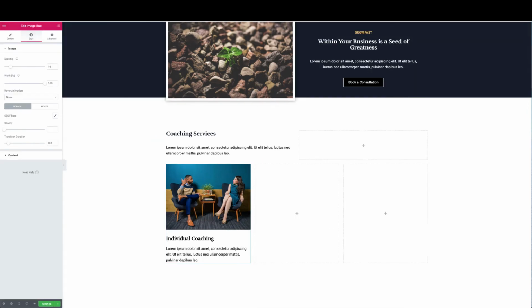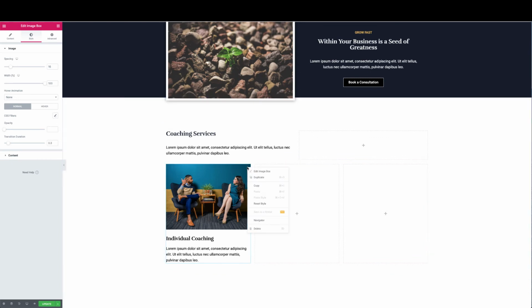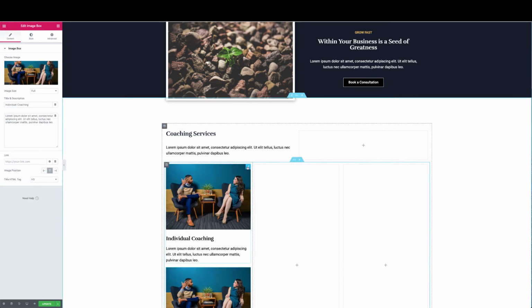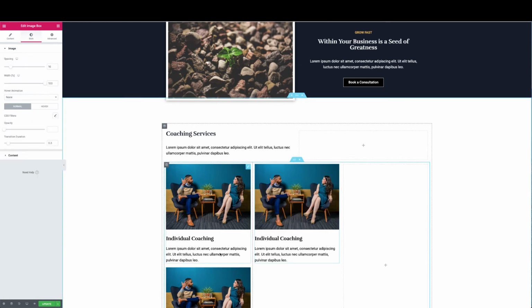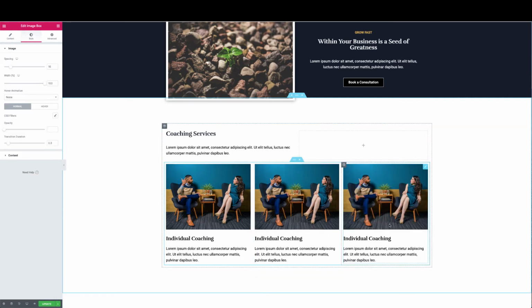But I don't want to do this 2 more times. I want to speed up my process here. So what I'm going to do is right click on the icon here and select duplicate. It's going to create a second one for me. I'm going to do it 1 more time, duplicate, and then I'm just going to drag the duplicates into the respective areas here. And just like that, I now have 3 new sections, and I just need to switch out